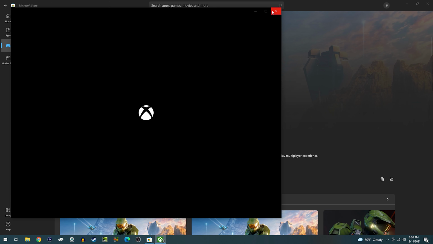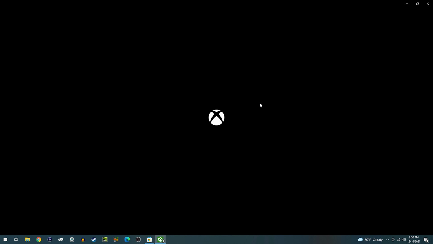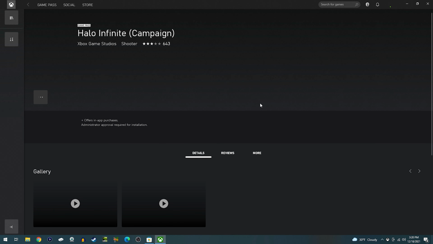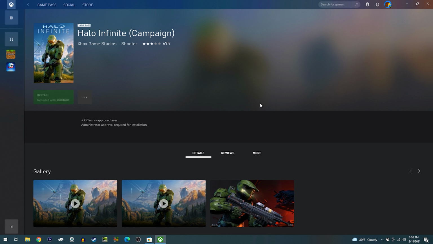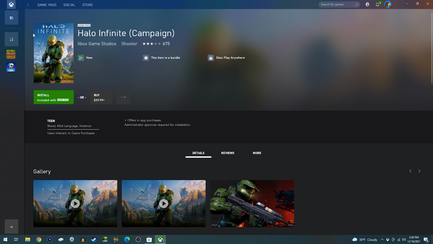And so when you click that, it'll instead launch the Xbox app, and that's basically where you manage most of your Xbox games and stuff that are on PC. So here we go. Now we are in here in the Xbox app, and here we have the Halo Infinite campaign. So if you just want to play the campaign, boom, you hit install. And like I said, this is included with Game Pass. So since I have Game Pass Ultimate, that also includes Game Pass for PC. So this will allow me to just download this and play this essentially for free,